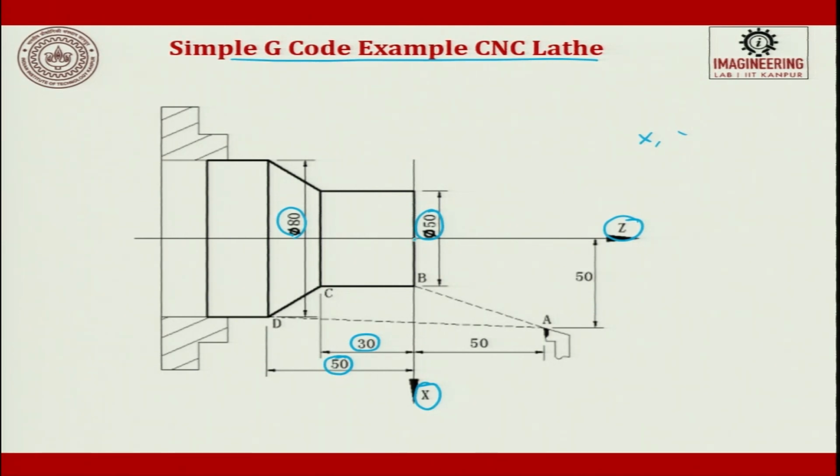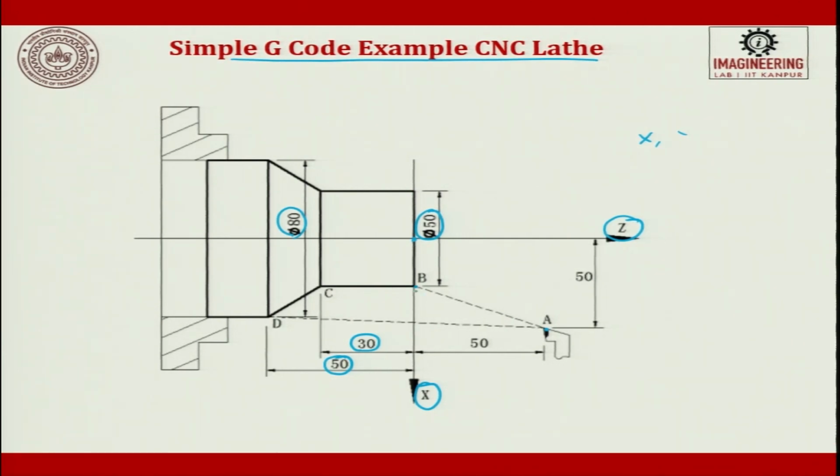Okay. So, exactly, you can't keep the tool and start machining it, because if there is any undulation on the workpiece, the tool will get hit and the tool will get broken, the insert will get broken. So, what we do, we always try to move it to a place which is a little far off and safely keep it at that point. So, here we try to keep it at a safer point and from the safer point we try to move it to the tip of the shaft.